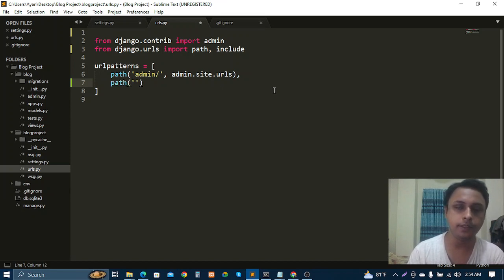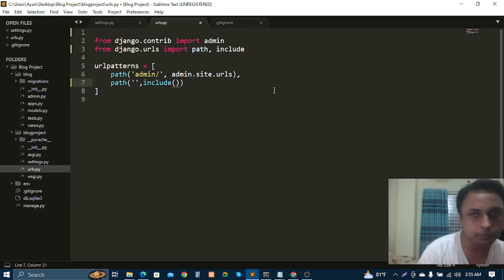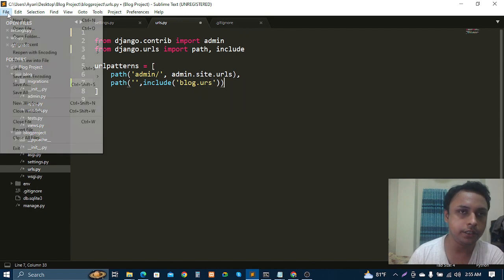and we'll leave this quotation like this. We don't want to add space or anything else. After this quotation, I'll add a comma, and I will call the include function, and inside the include function we want to add the URLs file of our blog. So we'll write here in quotation blog.urls. Okay, so now let me save that,